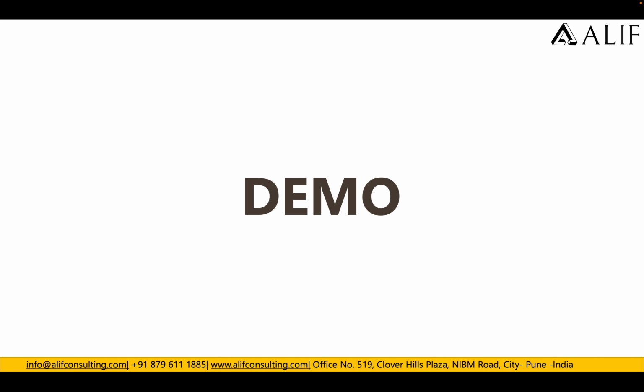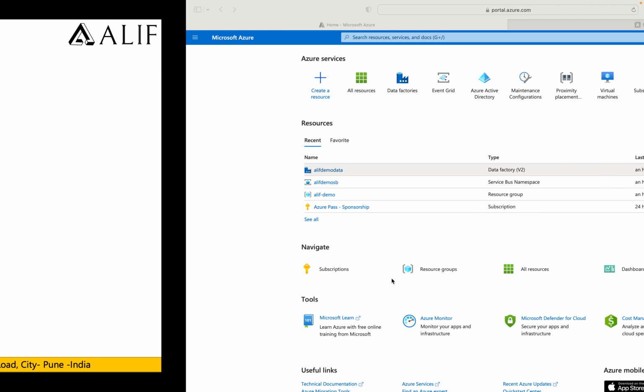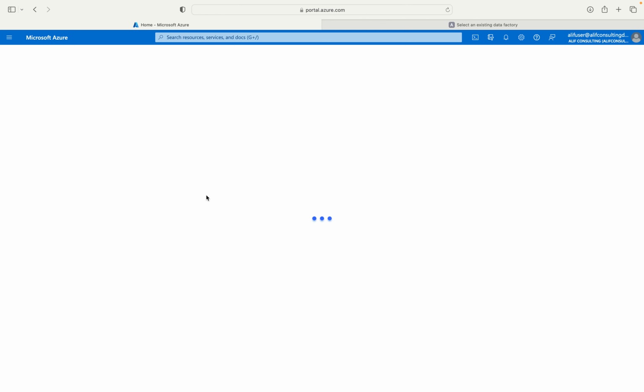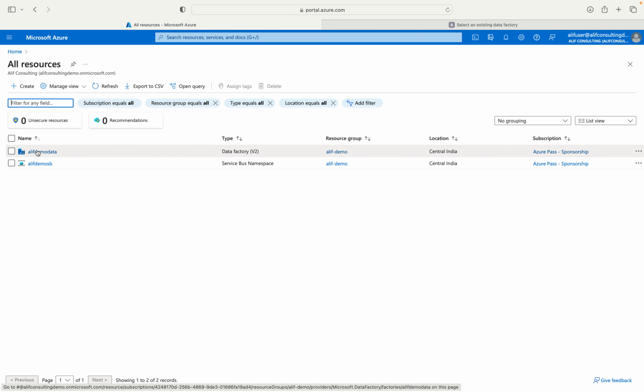Well, let's move to the demo. In the demo, I am going to show you how exactly you can create the data factory, and then how your Data Factory Studio looks, right? In my case, I have already created an Azure Data Factory that is already there on the Azure portal. So I will use that, but to create a new one, you just need to click on create,